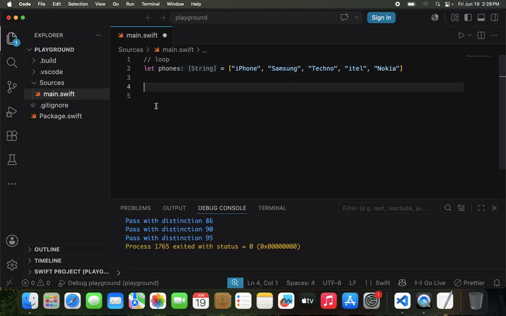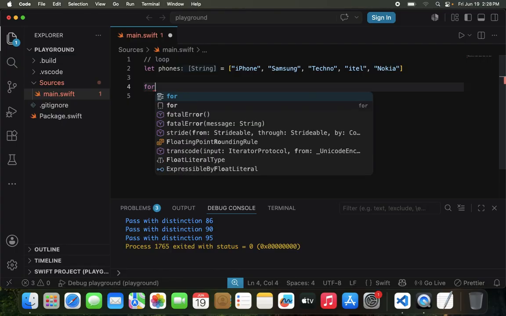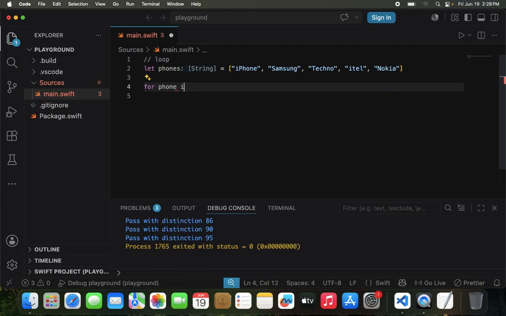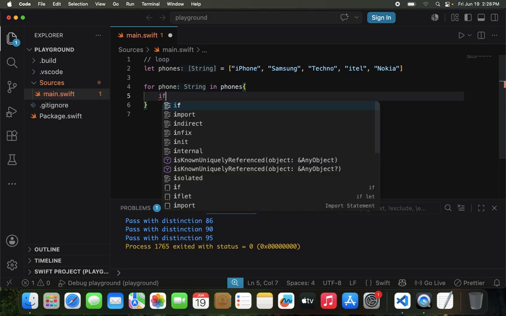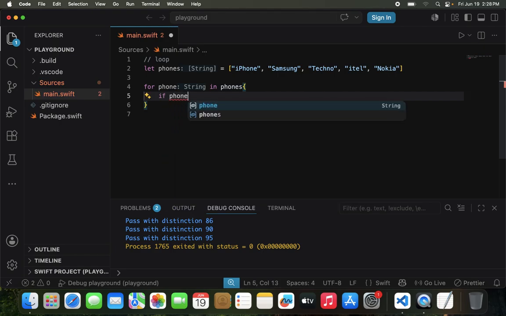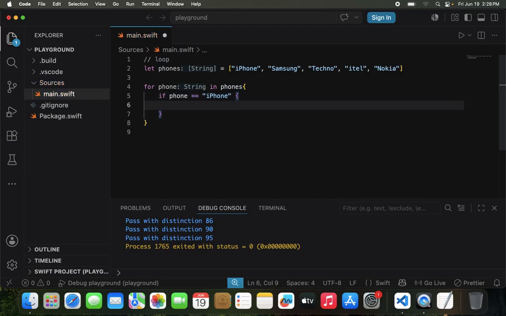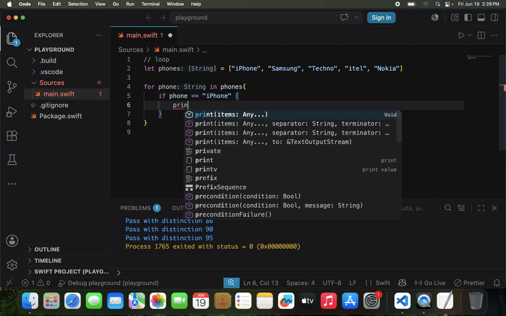So this is an array. Then we can do for phone in phones, like so. Now inside here we could say if phone is equal to iPhone, then we want to print